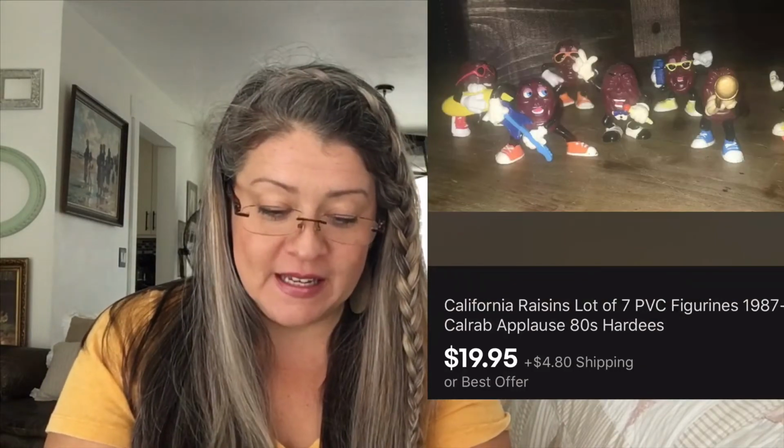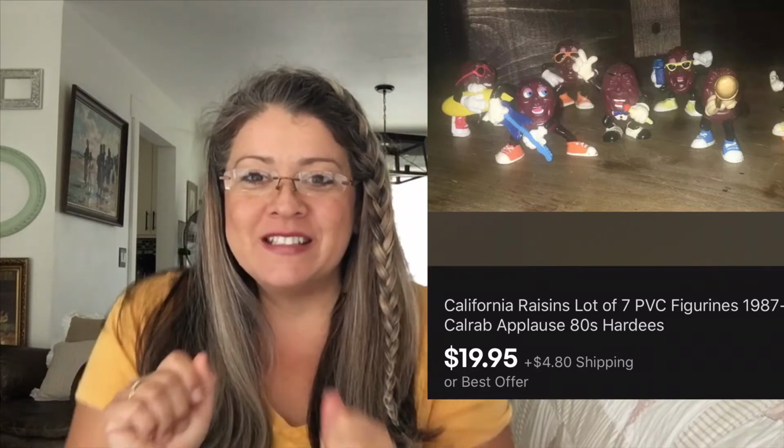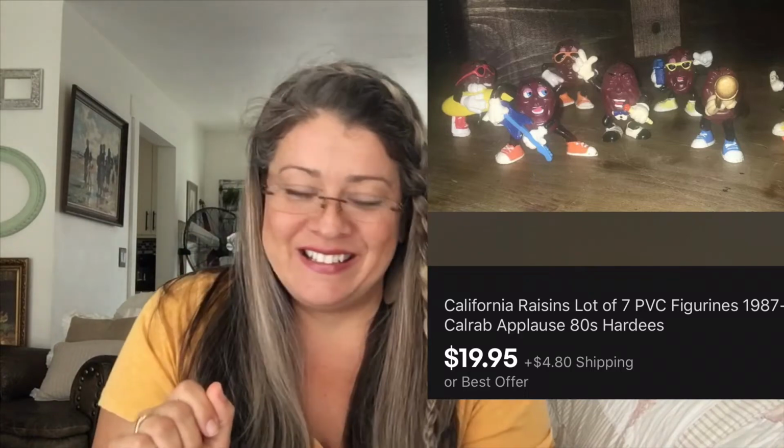Okay, so we picked up these California raisins. It was the whole set. Picked it up for $1.50 and have it listed for $19.95. Y'all remember those little California raisins dancing in those little commercials when we were kids? Cute. All right, next up is going to be Oscar de la